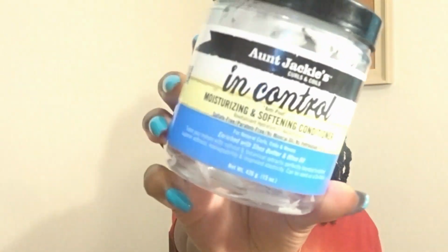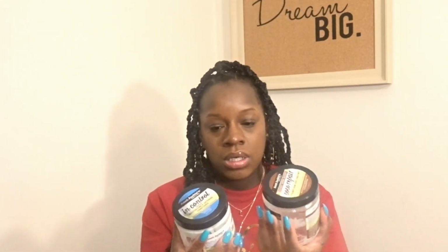So the next two things I have to mention are from Aunt Jackie's. We have the In Control softening conditioner, and we have their Cocoa Repair, a deep conditioner. Both of these, Aunt Jackie's has really good products, affordable. I think that is the theme with my empties. A lot of natural hair care products that I use are affordable because you run through them so quickly. Yes, I have a few high-end here and there, but for the most part, I gravitate to the lines where you're paying